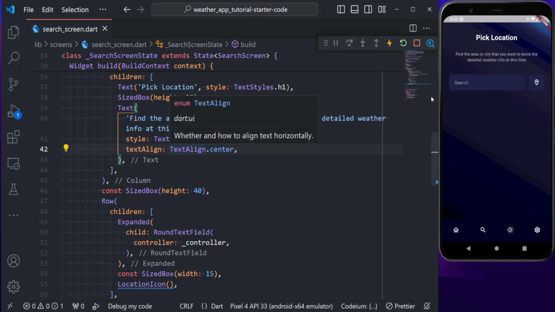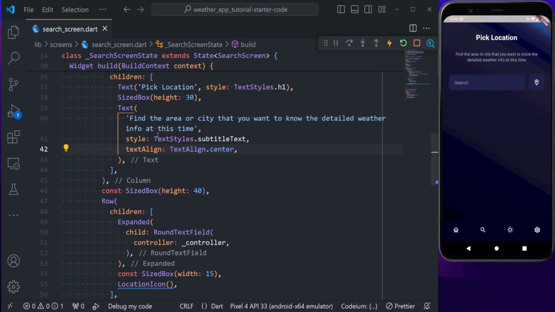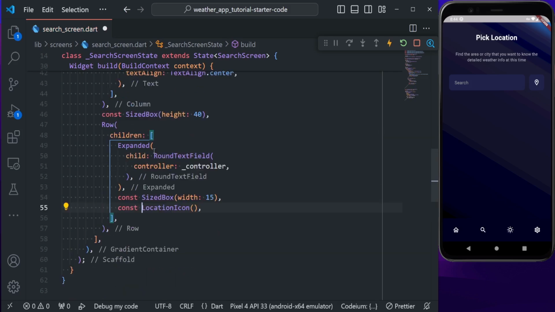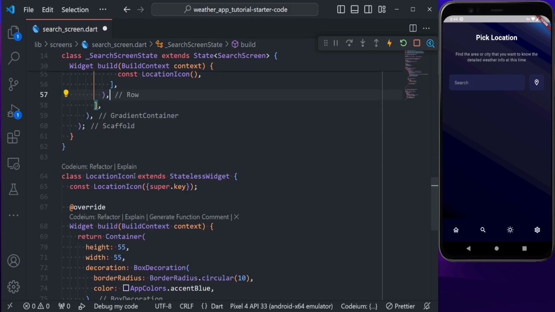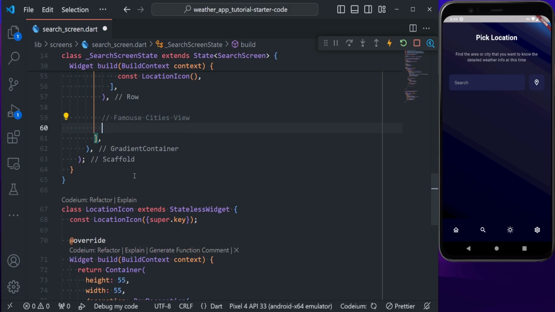Beautiful. So after defining my text and also the search text field, it is time to create the final widget. So the final widget that we want to create is going to be famous city list view or famous city grid view. So for that, I'm going to come here and right below our row, I'm going to say that we have famous cities view, and my computer is especially slow tonight. So let's define this widget,